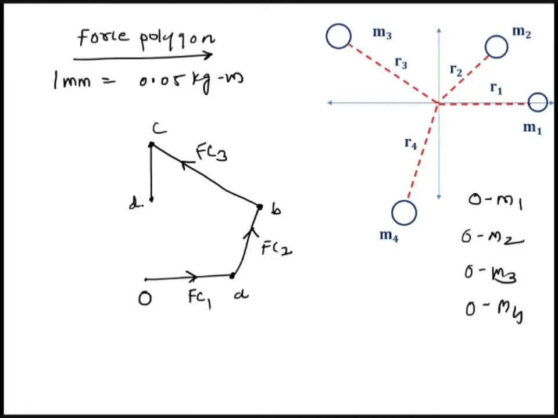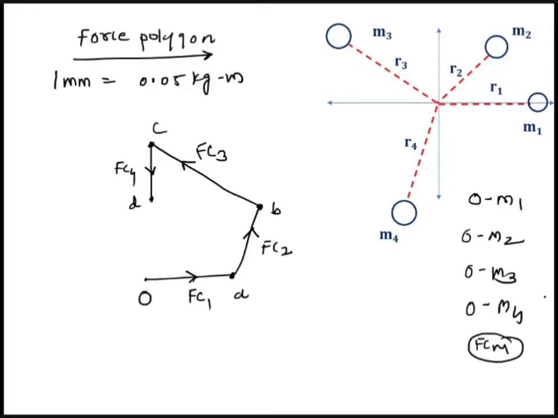CD. Now I am drawing the actual vector diagram, sir. I am not drawing it randomly. How the vector diagram will look, I have already drawn it on rough paper, and then I am drawing it. Even if I am not taking the measures over here, you have to take the measures of the vectors accordingly and draw this. So this vector CD indicates FC4. Now what is remaining? Remaining is FCM. FCM is nothing but the centrifugal force due to the balancing mass Mn.